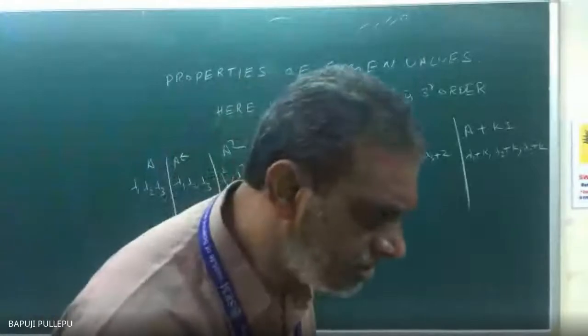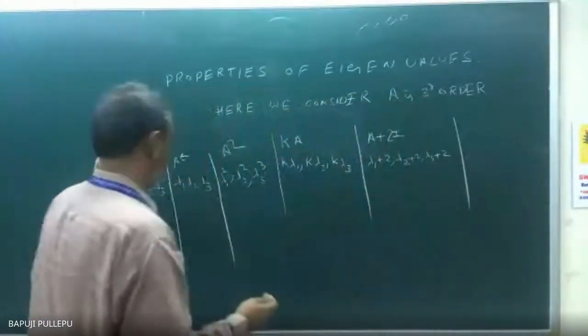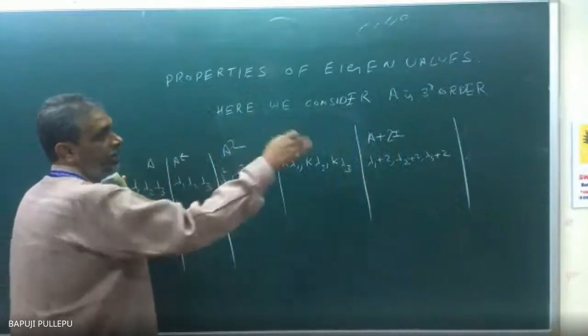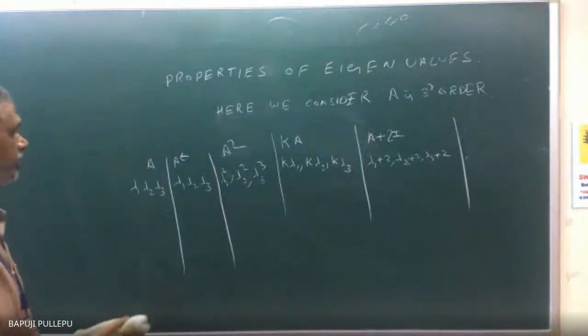Sir, you're out of the screen. The screen you're projecting, are you zooming? Yes, sir, it's zoomed in and going out of the screen. Okay, whatever you're writing is going out of the screen, but for me it's showing. Only the last portion is not visible. Okay, in notes you can write the last one as A plus kI. You can take it in notes because the mode is not available, I'm not writing there.